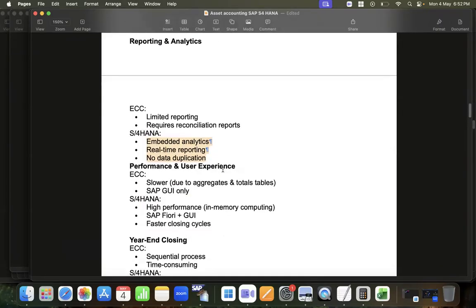Okay, so user experience. How was the performance in this? It was very slow due to aggregate and total tables. A lot of tables were there to get one report. A lot of tables needed to be combined. And we had reports only from SAP GUI. There is no web-based reporting tool. In S4 HANA, because it is high-performance in-memory computing, it is very high performance. Speed will be very high, and we can do reporting with SAP Fiori as well as SAP GUI. Okay,